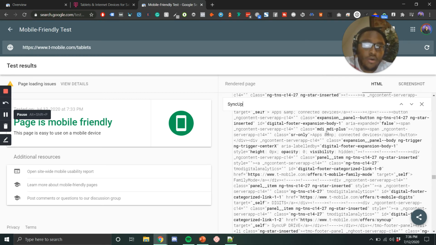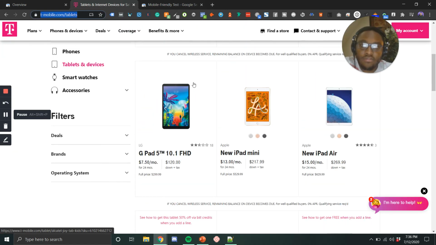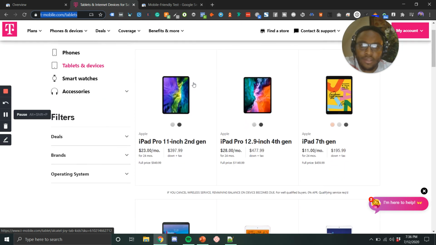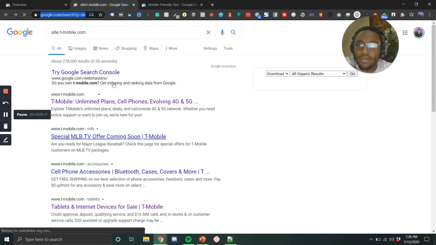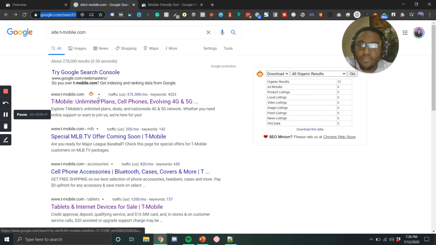Even though I can't see it in the code, they're probably using some type of script to change the code or something like that. But you can definitely see it in the cached version of the page. Now on the home page, that's not the case. So I'm honestly going to say that this page is even ranking because of maybe backlinks being pointed to it, which is probably showing relevance, and then also